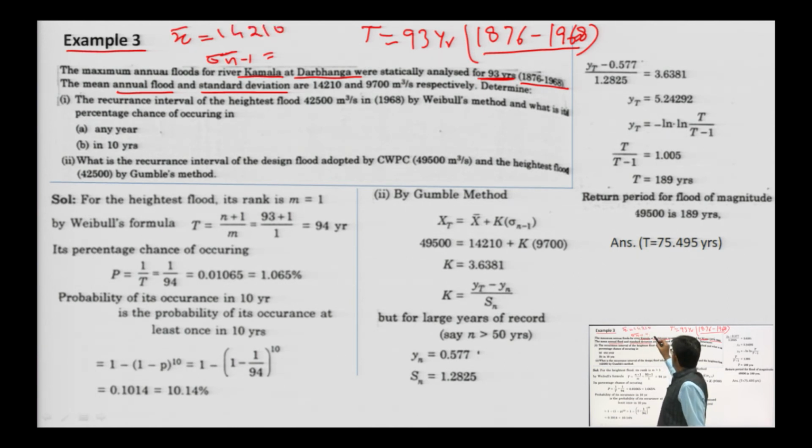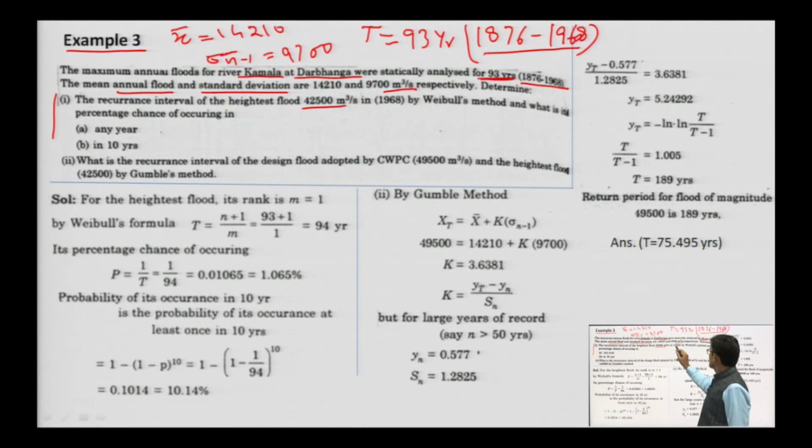14210, and it is 9700, unit is in cumec respectively. So, determine number 1, the recurrence interval of the highest flood